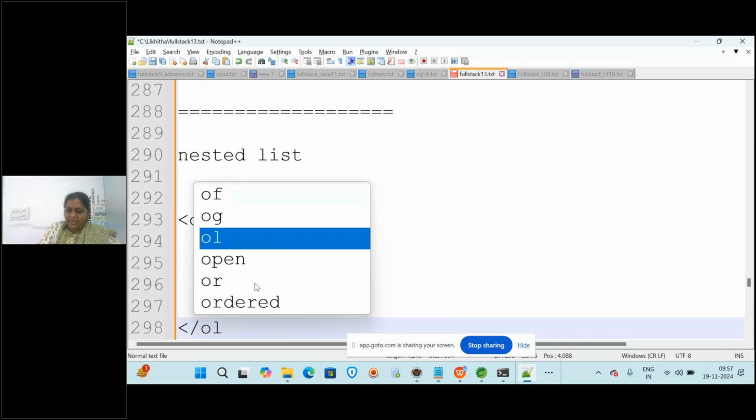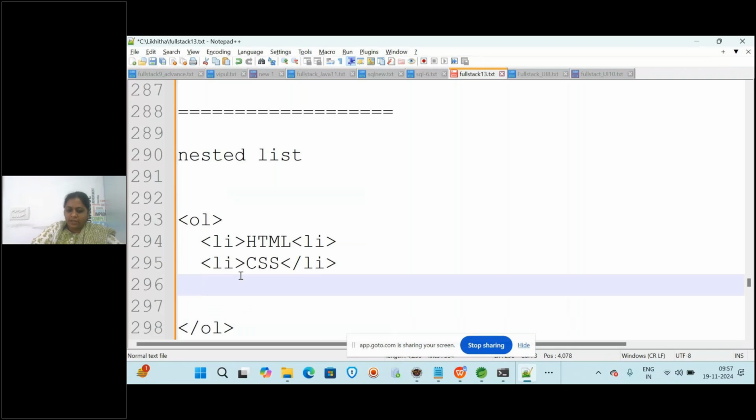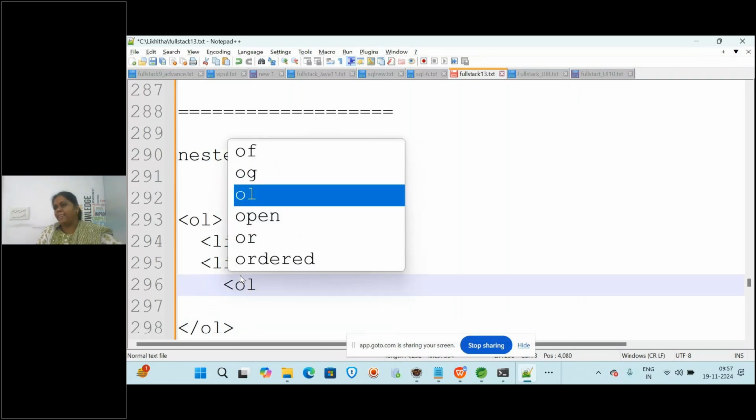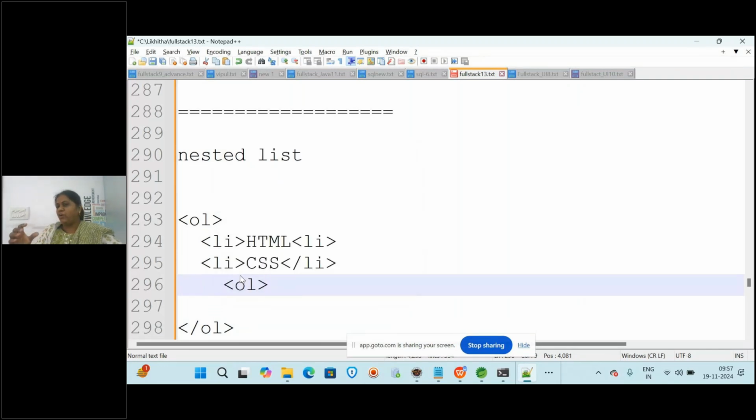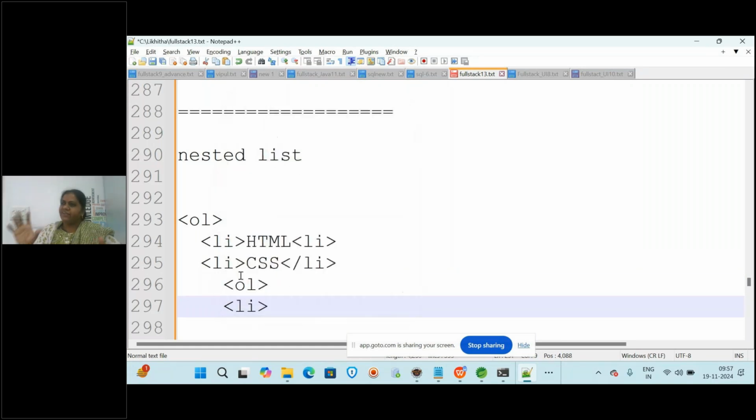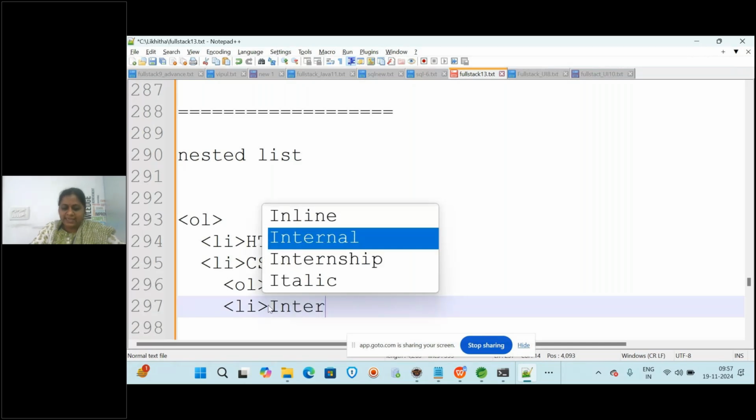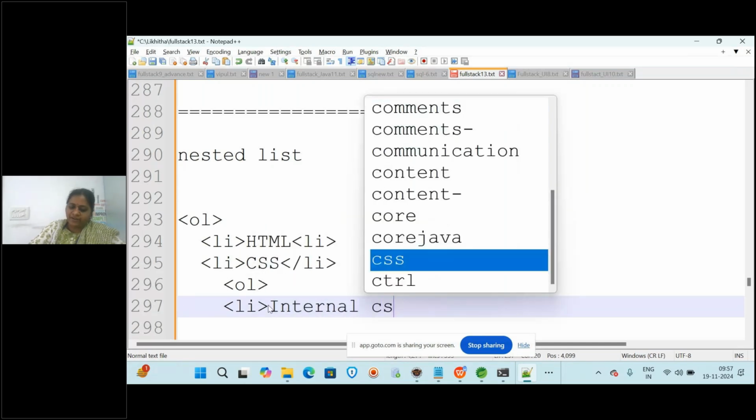Here I am opening one more ordered list. Wherever you want one more list, there you start again with ol or ul, whatever you want. In this ol, I am writing the list items. Ol is just for telling the browser this is ordered, so it gives the numbers, but li is the list item. So here I am writing internal CSS and closing the list item.